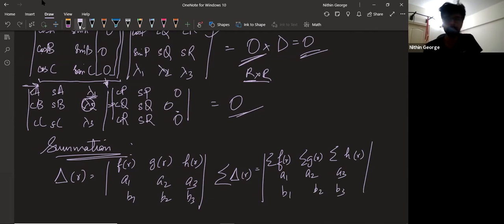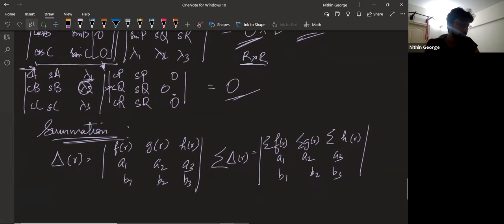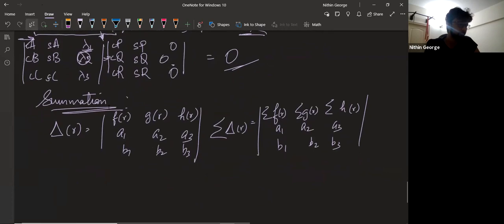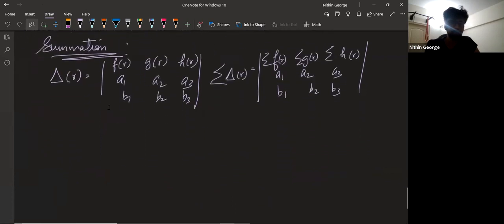Do you understand why this works? You can split along one row, right? That's the same thing that's happening here. Okay, everything else is constant, so it's kept as it is. Only one row is where the variable terms are. So along those places only you expand. Is this clear? Yes, any doubts here?